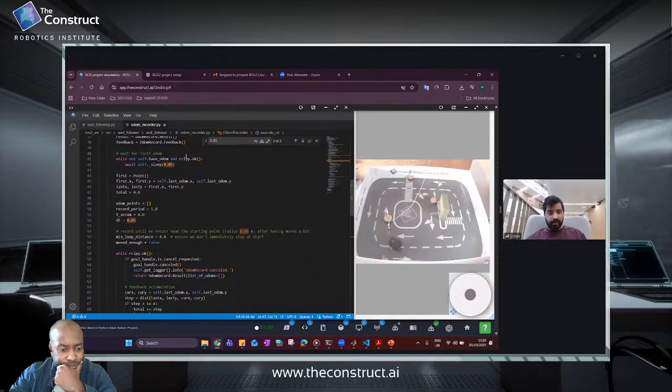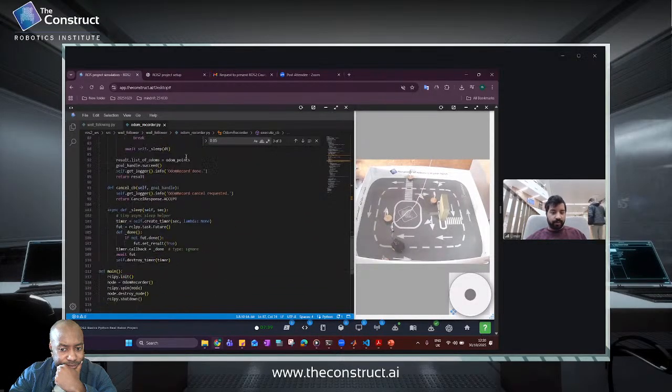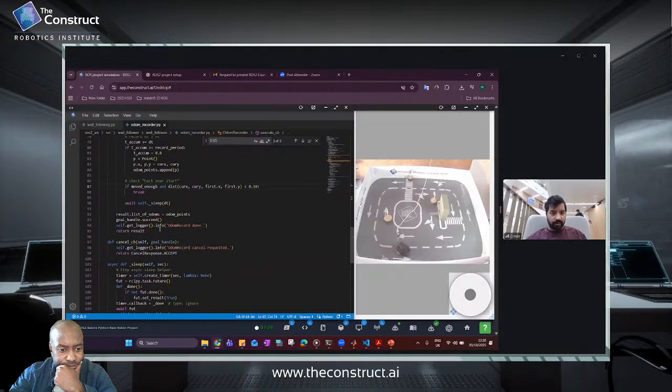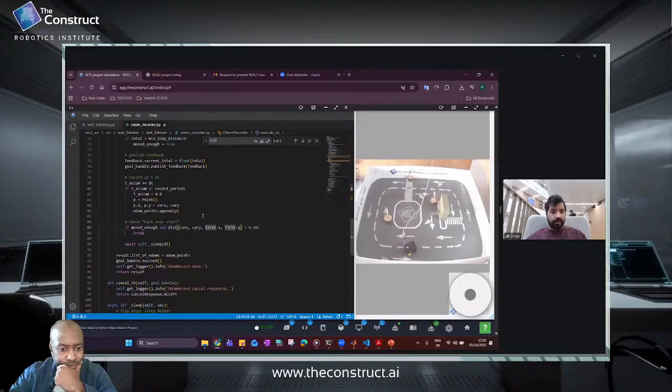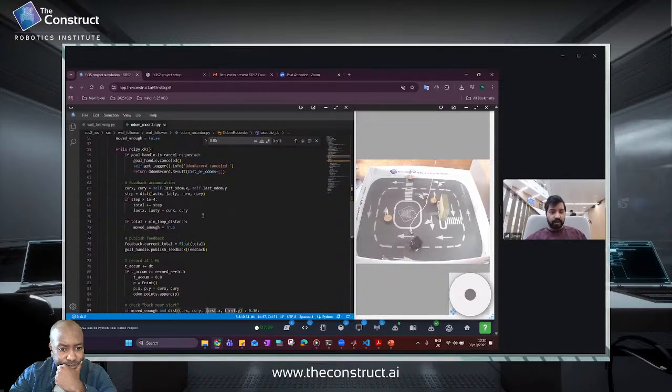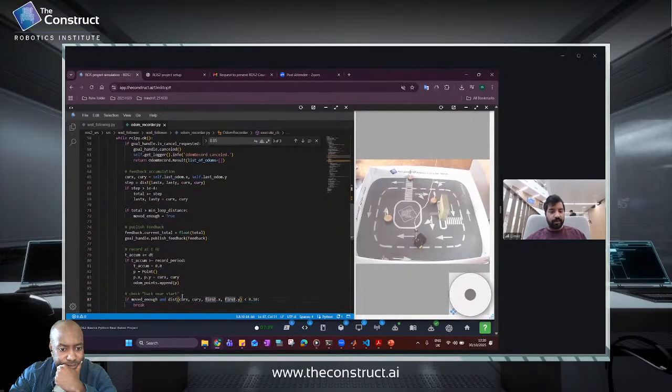It stores the starting point of the robot when it started moving in these two variables, first dot x and first dot y, and then at every step it monitors the current x and y position of the robot, and it compares the distance between the xy coordinates of the starting point and the current point, and if that distance is less than 10 centimeters, then